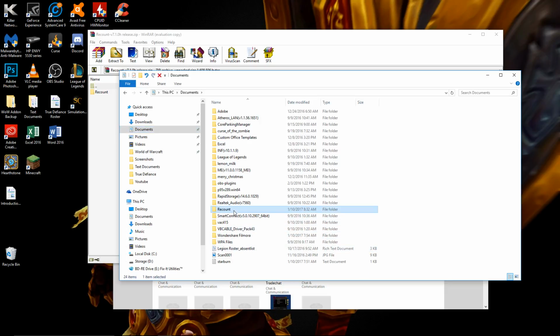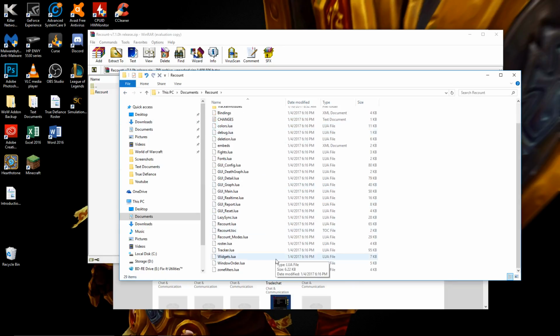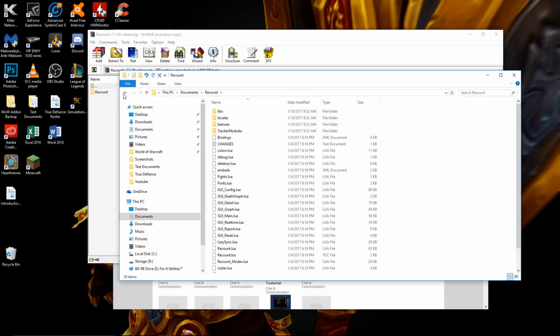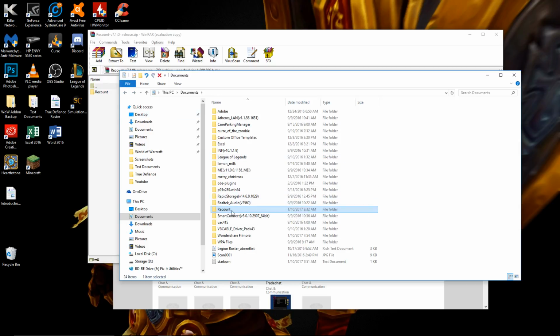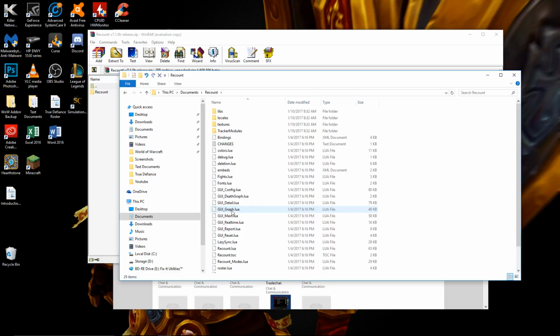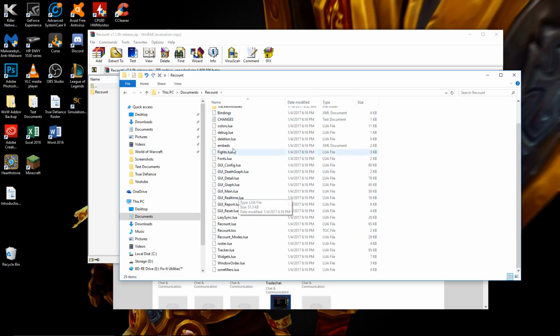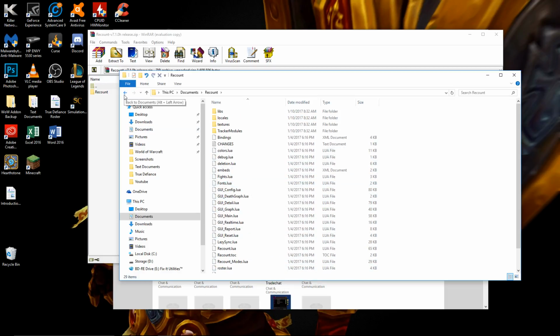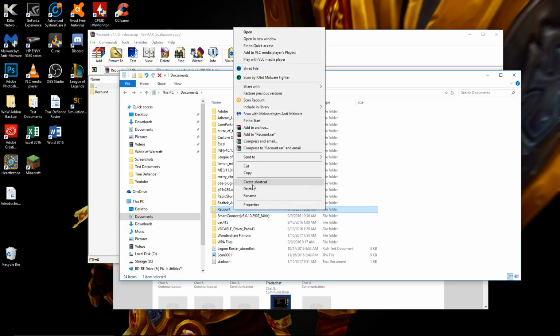There it is. So the first thing you want to do when you're going to manually install an add-on is to make sure that the folder itself contains all of the add-on stuff. It's not a folder inside a folder, and that it's properly extracted. If that is the case, so when you click on it you see a bunch of this .lua stuff, then perfect. So we're going to right click, cut,